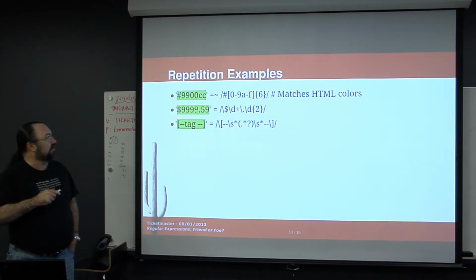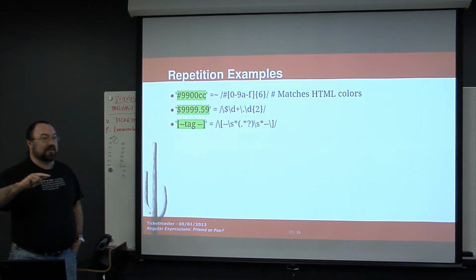So if I wanted to specify this only as cents, let's say it was just 59 cents, I'd have to put a 0 there, otherwise it wouldn't match correctly. And this may not be how you decide you want to match currency. You may want to be more flexible. This is just the example I chose. So then it's followed by a literal period or decimal place, so I have to backslash that. Then it's followed by 2 digits. So I'm just deciding, we only want 2 digits, that's it.